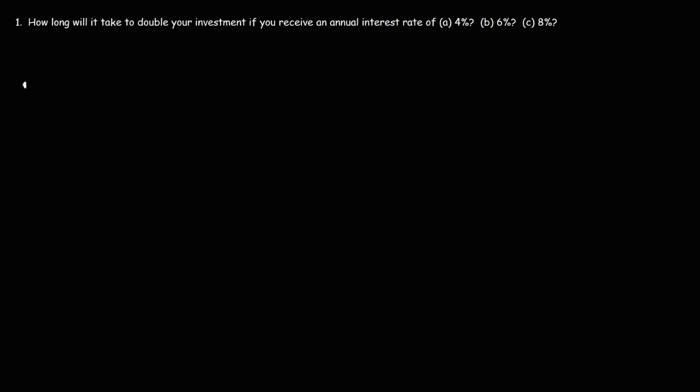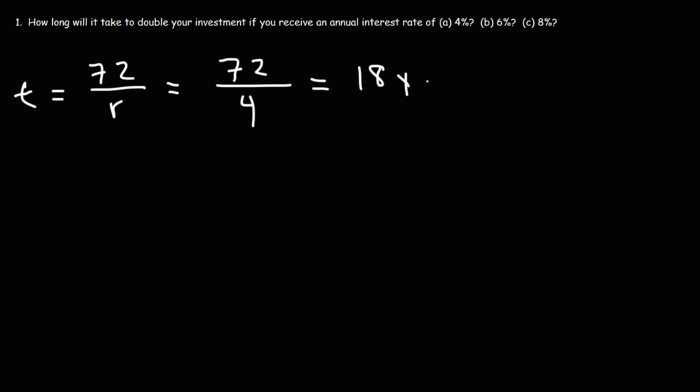The formula that we're going to use is 72 divided by the interest rate. So that's the rule of 72. If we take 72 and divide it by 4%, we're not going to convert 4% into its decimal form as 0.04. We're just going to leave it as 4. We're going to get 18. So it's going to take approximately 18 years for the investment to double if we were to receive an annual